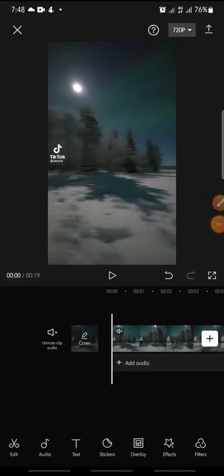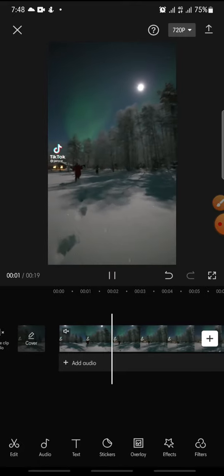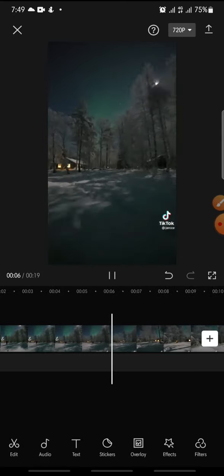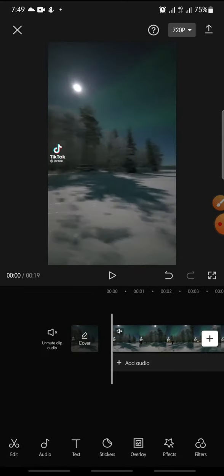In this video, I'm going to show you how to add Snowstorm effect on CapCut app. Let's get started. After you add the video, you just click on the effect, but before this, I want to show you this is the original video like this. And then in here I want to add Snowstorm effect on this video, so you just click on the effect at